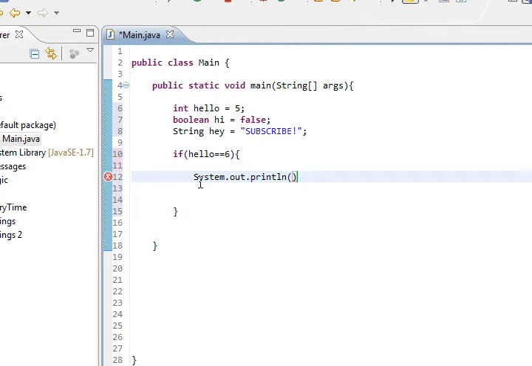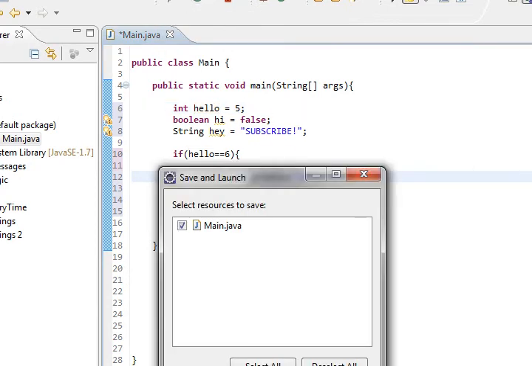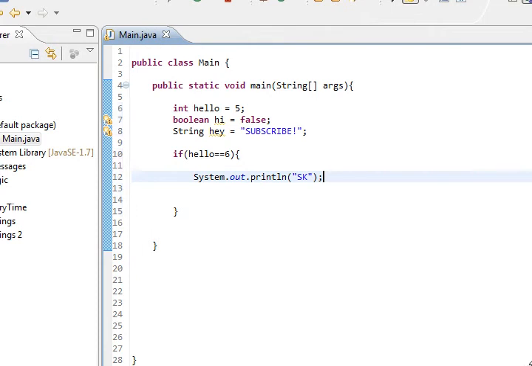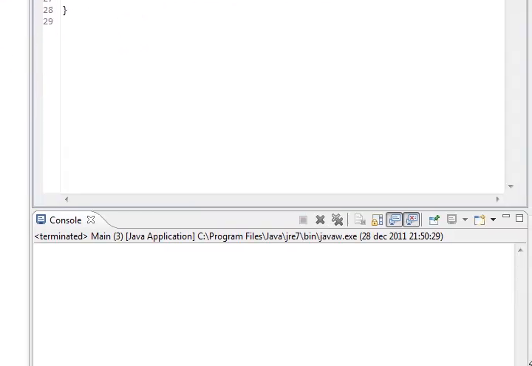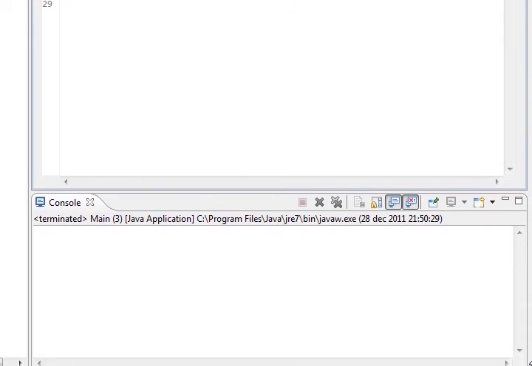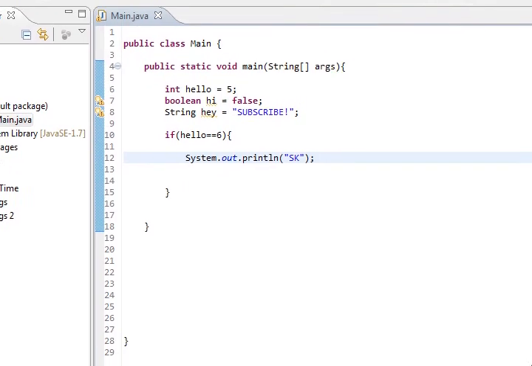Let's say it will print out "sk working", and then a semicolon because we want to finish the line. And see, now this isn't yellow because it actually does something. Now if we run this, I'm going to show what happens. If you haven't guessed yet, it will show absolutely nothing. And that's because if you go up here, you can see